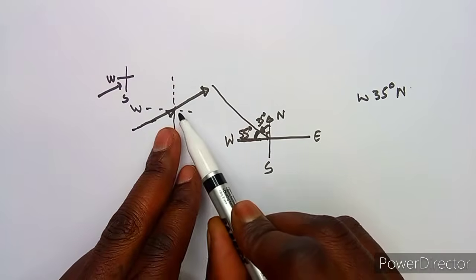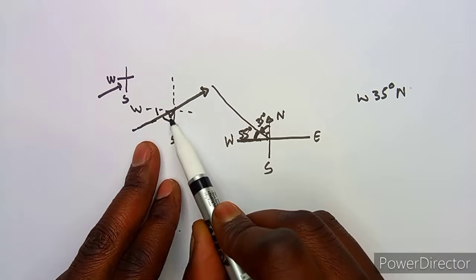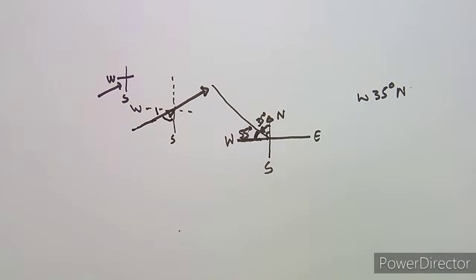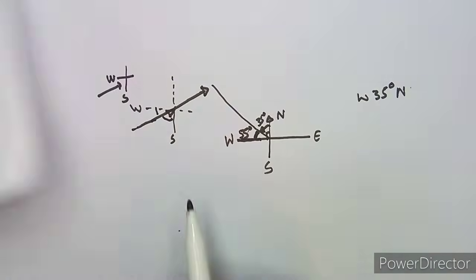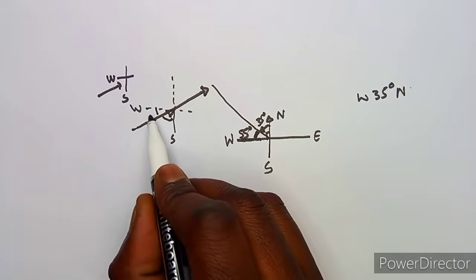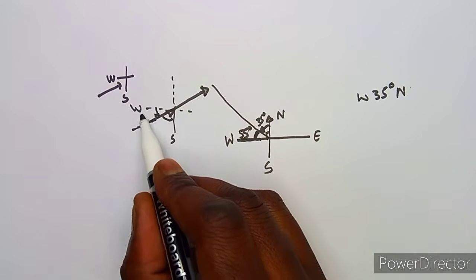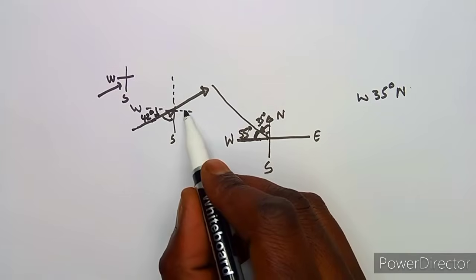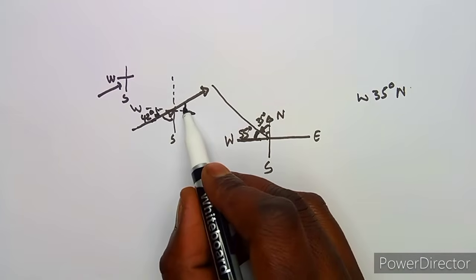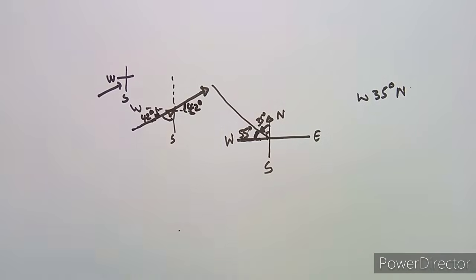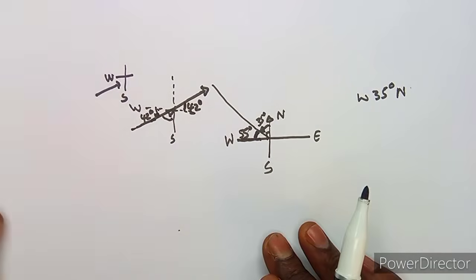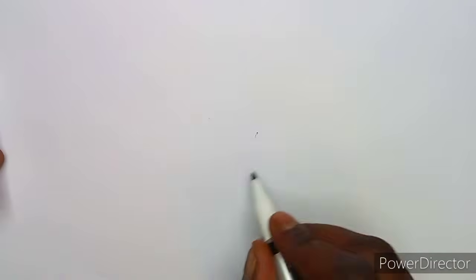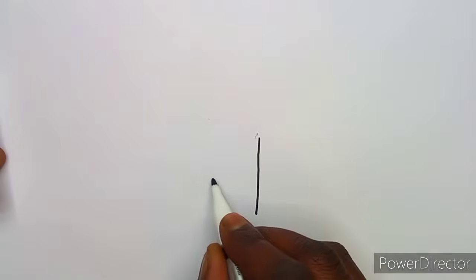We are going to take this extension. This is a 45, take note, is it 45, guys? Not 45 but 42. West 42 degrees to the south, which is west going to the south here. So this is 42 degrees. If we extend using vertical opposite angles, this is going to be 42 degrees also. Now let us join these two to affect each other. This is how it is going to look.